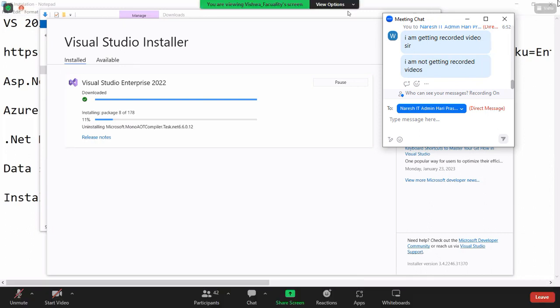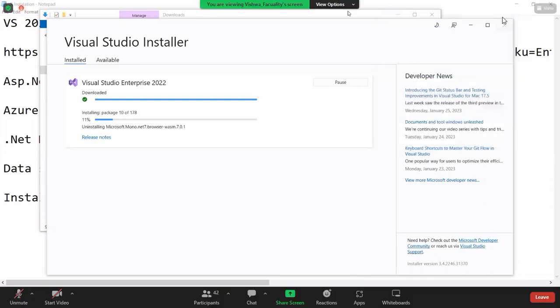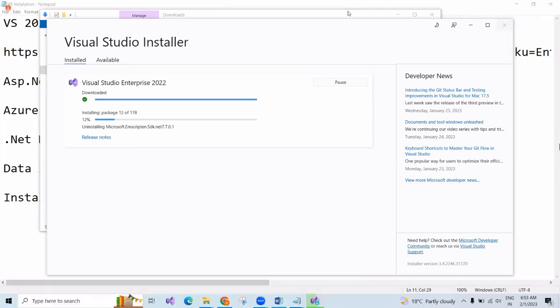I only selected .NET, but how should I select ASP.NET and the remaining three things? Okay. So you can click on modify, Rashma. Okay, sir. So you got that modify option there? One second, sir. I'm opening my laptop.